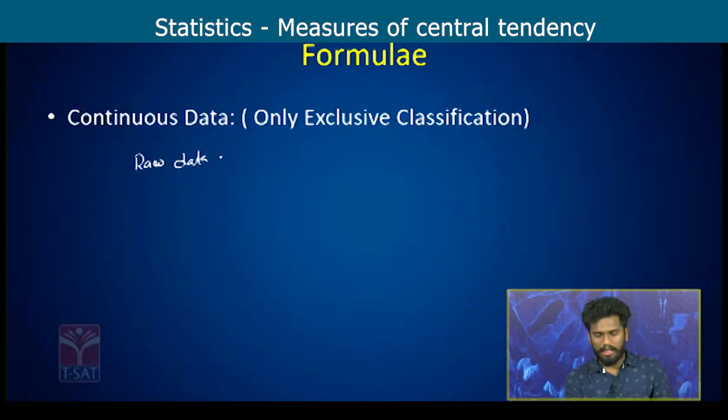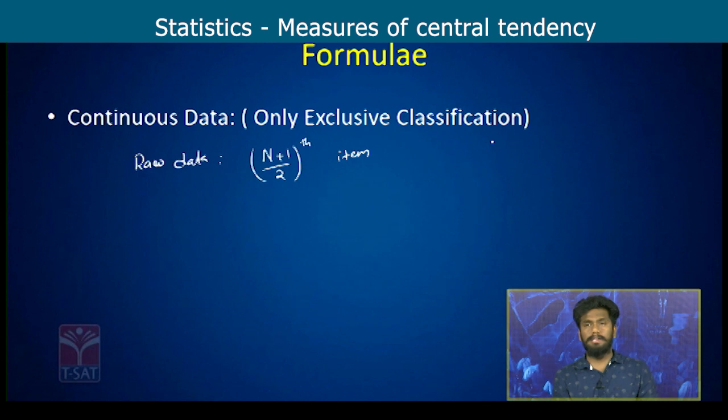Formula, I am writing all the formulas in a single slide so that you can copy it. So n plus 1 by 2 item. For raw data, when there are even or odd numbers, odd numbers ఉన్నప్పుడు మనకి డైరెక్ట్గా ఇంటిజర్ వాల్యూ వస్తుంది. ఈవెన్ నెంబర్ ఉన్నప్పుడు we will get a fraction value. ఫ్రాక్షన్ వాల్యూ నుంచి మళ్ళీ డేటా ఎలా ఫైండ్ అవుట్ చేయాలో we have